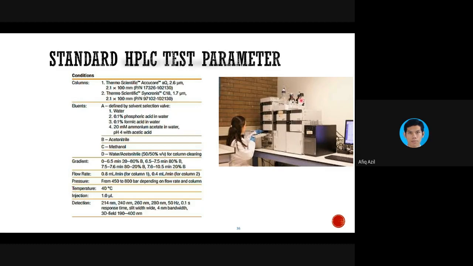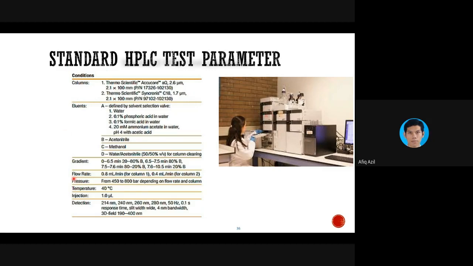This is what we call the mobile phase, and the pump is inside here, because you are going to push all of the solvent through the instrument, whereby the sample, this woman over here is putting the sample inside, and there is a needle that is going to inject and take the sample and push it through the system. The detector could be this one or this one, depending on the type of the HPLC.